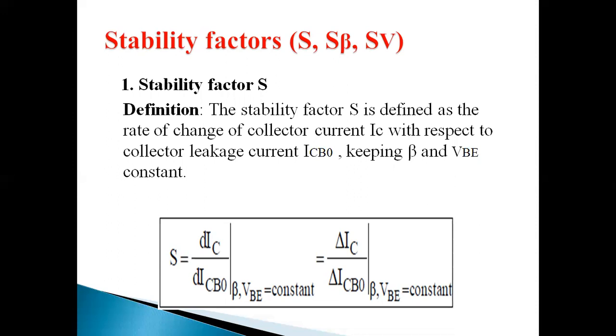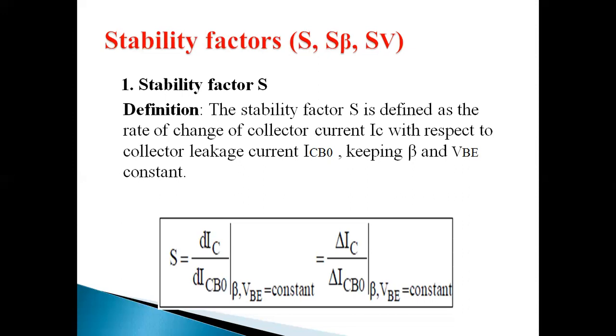It is desirable and necessary to keep the collector current constant. First of all, in order to safeguard the equipment, the collector current should not rise or decrease, whatever changes happen in the transistor or in the supply, whatever it may be. So it must be kept constant. The value of the collector current should remain constant in the face of variations of ICBO. The extent to which a biasing circuit is successful in achieving this goal is measured by the stability factor.